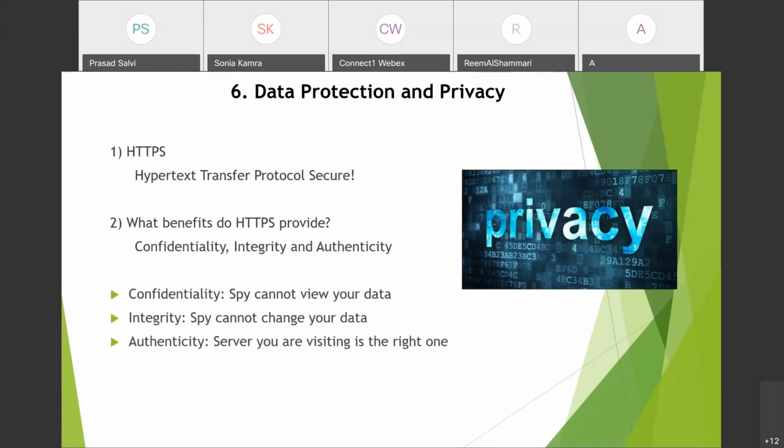Confidentiality, integrity, and authenticity. We all know confidentiality is that no one can view your data. Integrity is that no one can change your data. And authenticity would be that the server that you're visiting is the right one. Now, to give you a quick real life example on authenticity,